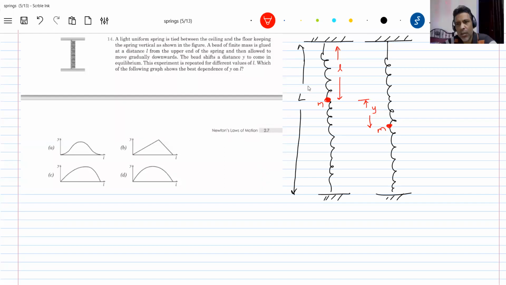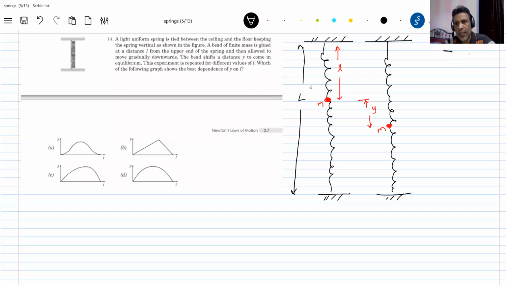Now, how many springs do you see here? You see the upper part and the lower part, no? And we know that the spring constant depends on what? There's a basic formula. The spring constant depends upon the length of the spring. So when you connect a bead, this will become the upper part, this will become the lower part. So now the spring got elongated. What is L? L is the length of the spring. So I connected a bead, so there are now two springs what we see.